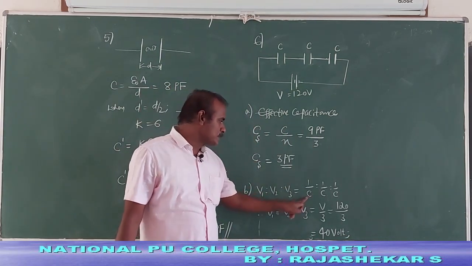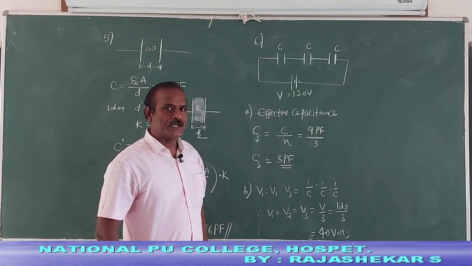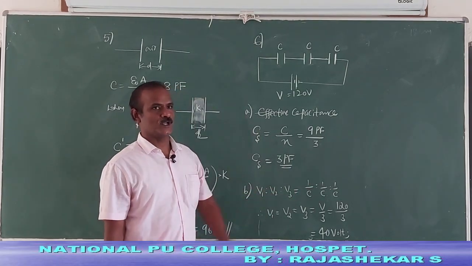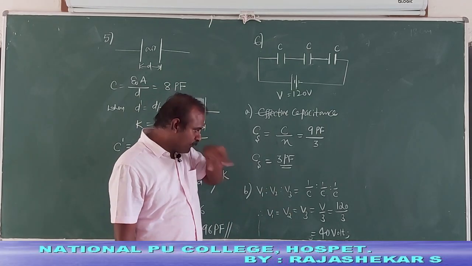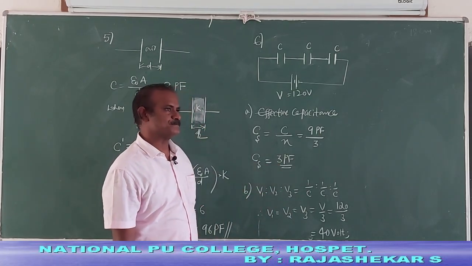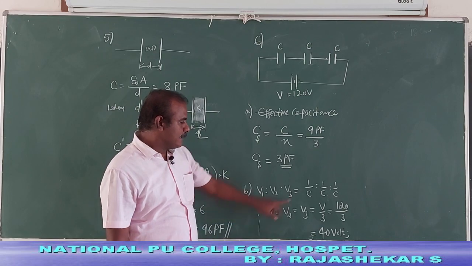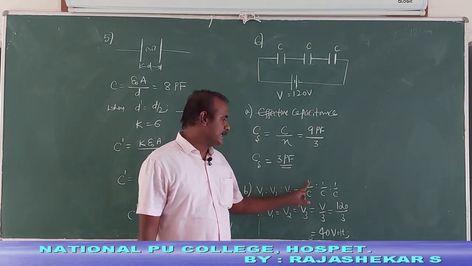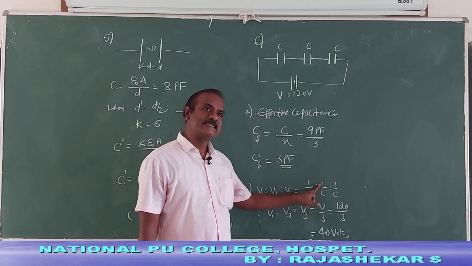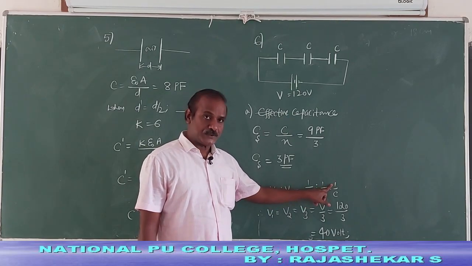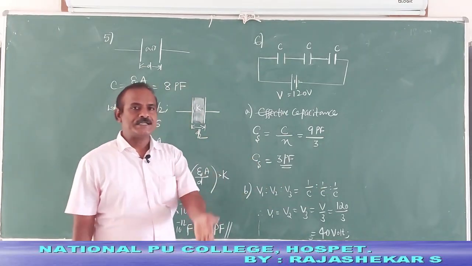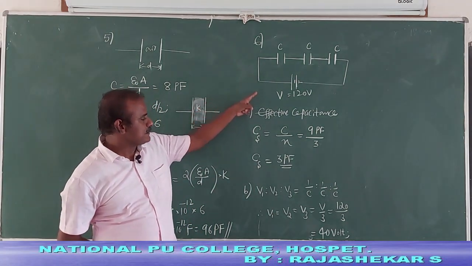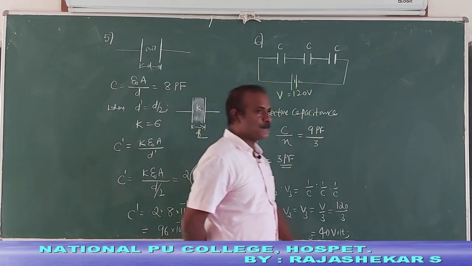If it is 1 is to 1 is to 1, you know the method of ratio calculation. V1 will be equal to 1 divided by 3 of the total potential, 1/3 of the total. V2 also the same, 1/3 of the total. If they are not identical, then you know the ratio formula also. Here you will get C2 C3 is to C1 C3 is to C1 C2. You refer to all the formulas written in the last session. Well, anyhow students, this is the complete solution to question number 6.